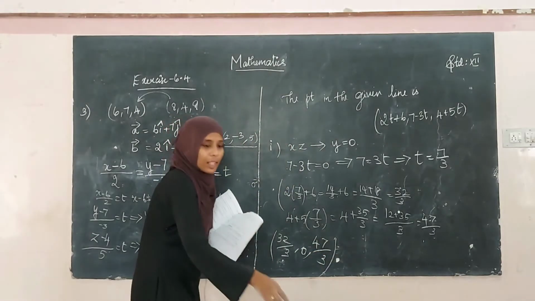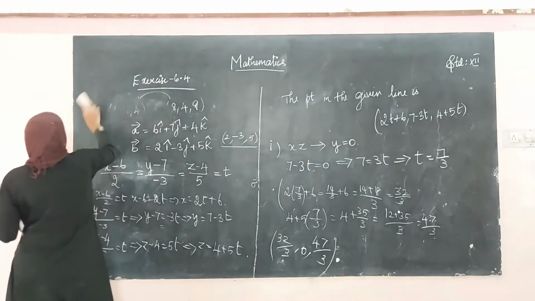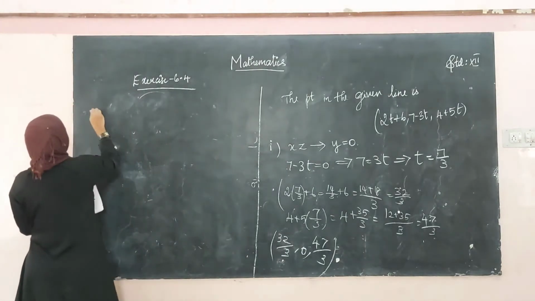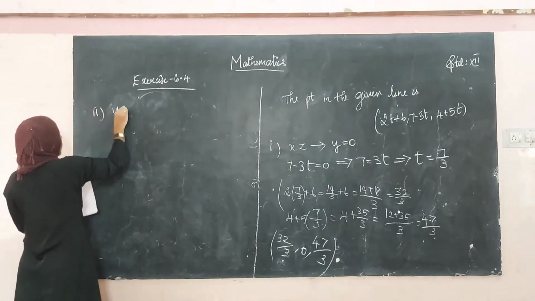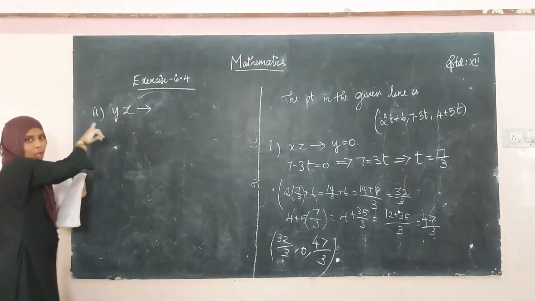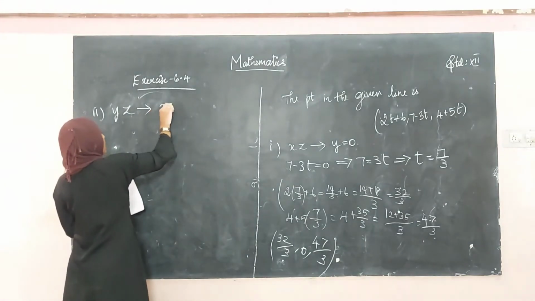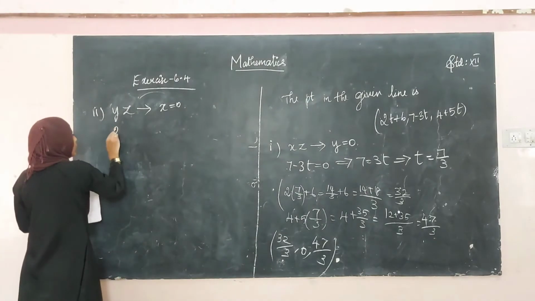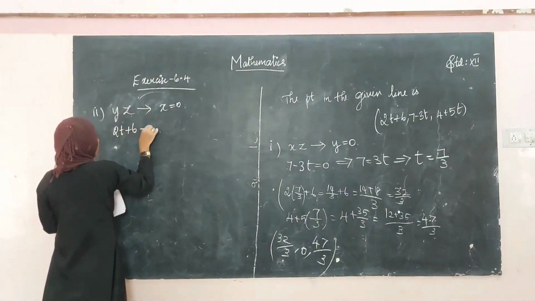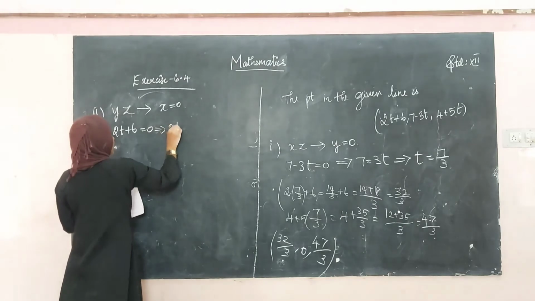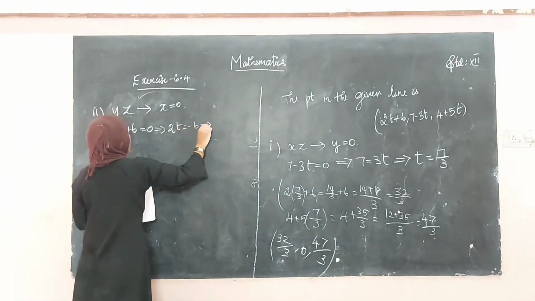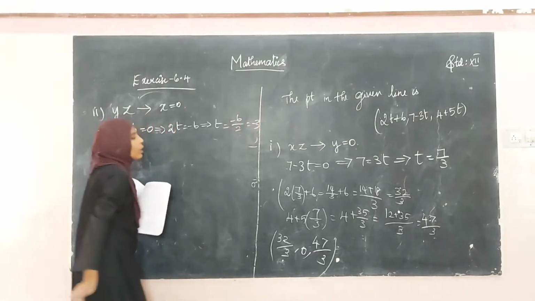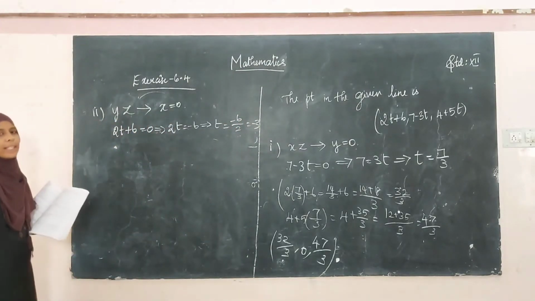Okay, again we have another plane, right? When it is passing through the yz plane, it is not passing through the x plane. So x value will be equal to 0. That is, what's the x point there? It is 2t plus 6 equal to 0. So from this 2t equal to minus 6, t is equal to minus 6 divided by 2 is equal to minus 3. So here the value of t is minus 3.